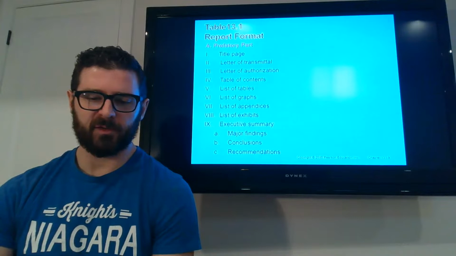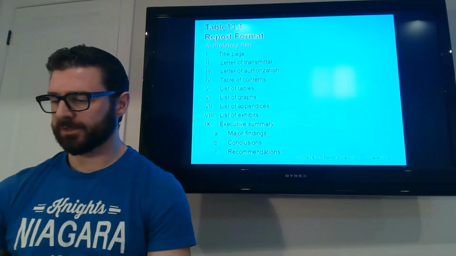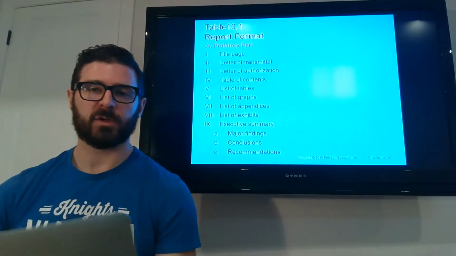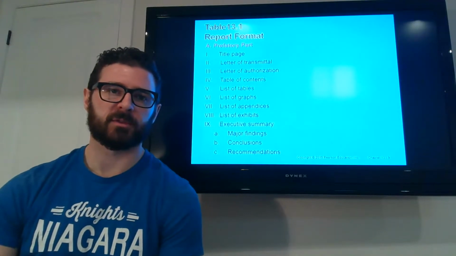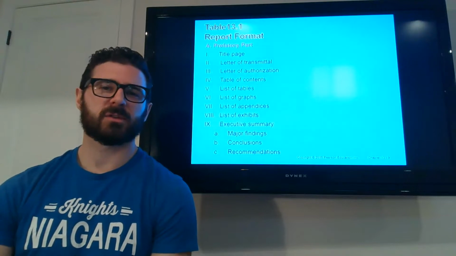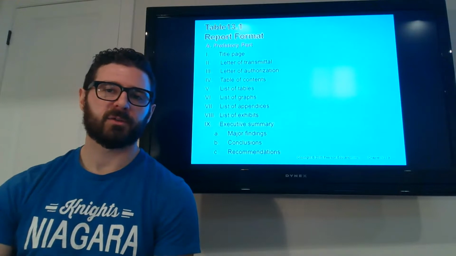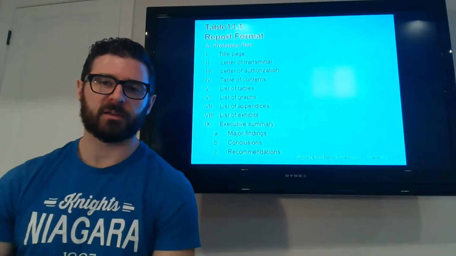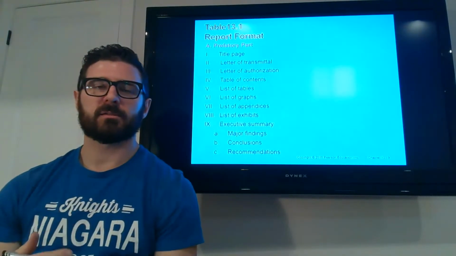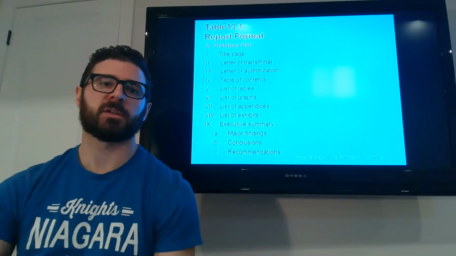The third part is the letter of authorization. So this is nice to include, which just shows that the researcher was actually asked to complete the work, and who from the client side asked them to complete the work. What the scope was, how long the project was supposed to take, those sorts of details. Useful much later on, so maybe the client's reading this document a year later or a longer time in the future and reflects back to see, okay, why was this report actually undertaken? Why was this project started?